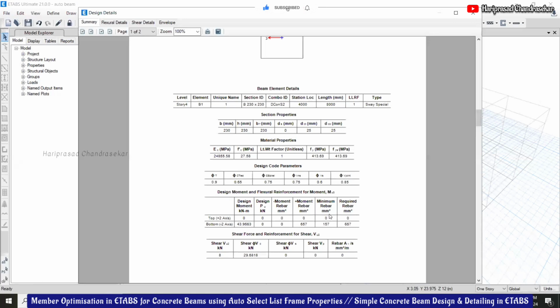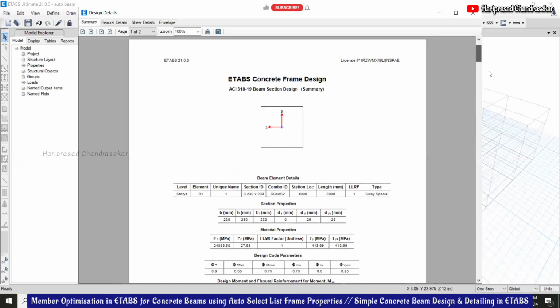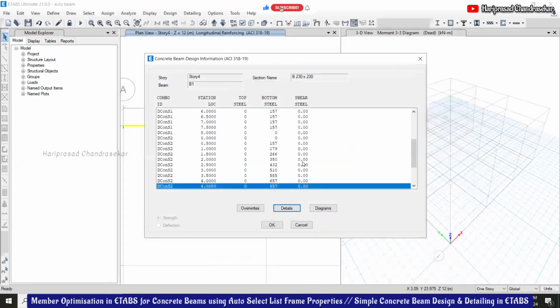See the minimum rebar required, everything you are getting, right? So for the load given, 230 cross 230 itself is okay. And we can see the diagrams.